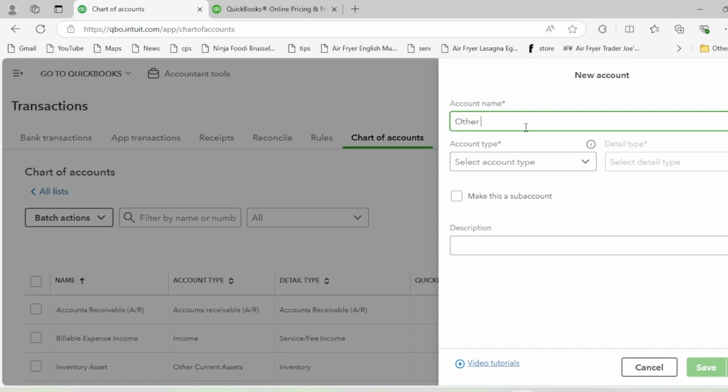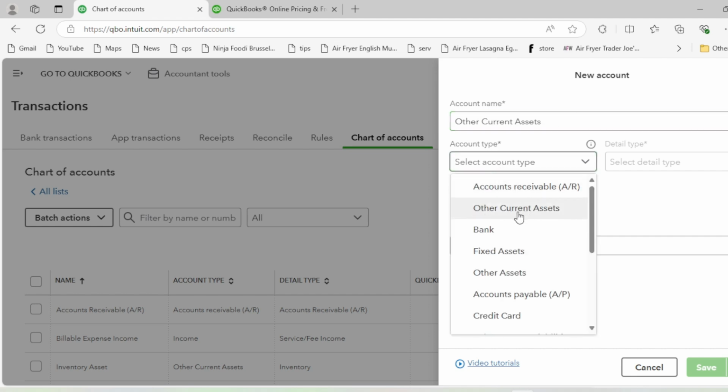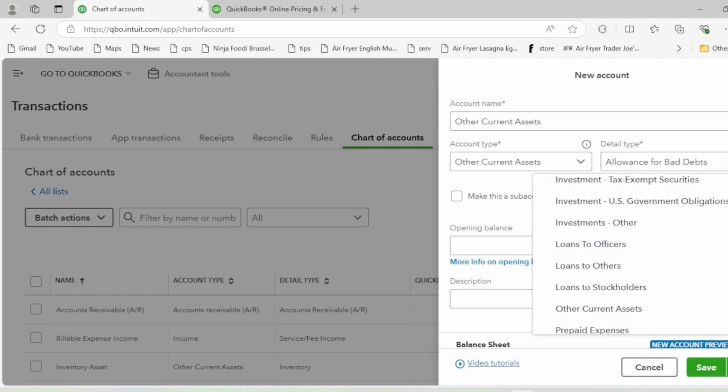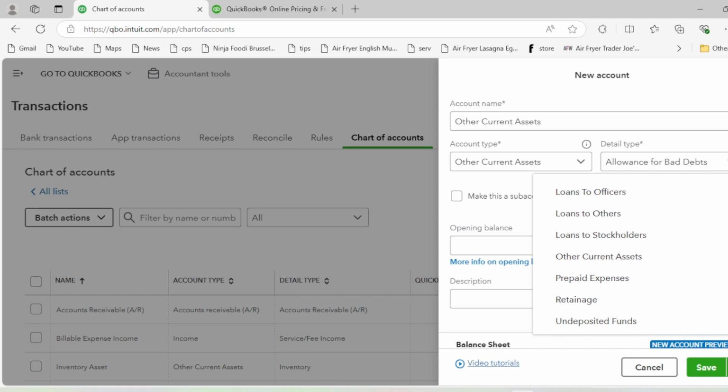This time let's name it other current assets. Now current assets are those type of assets that have a useful life of 1 year, like they are going to be consumed or used within 12 months. That's why the word current is used. And this is going to be other current assets, and the specific type, let's say